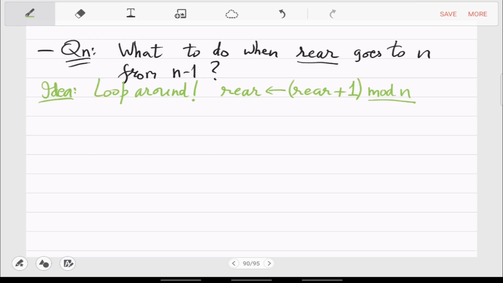So rear has to be this, and front has to be this. When you dequeue, then the front also increments. So the first statement goes inside the enqueue, and the second formula goes inside the dequeue.